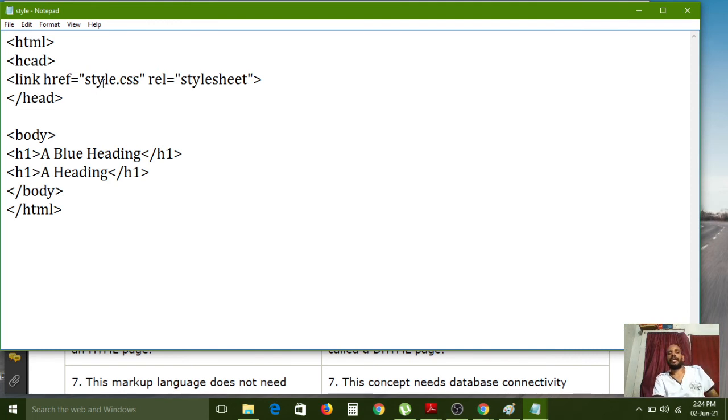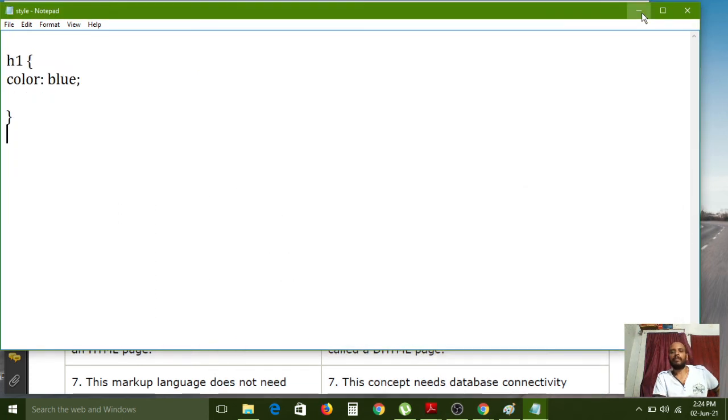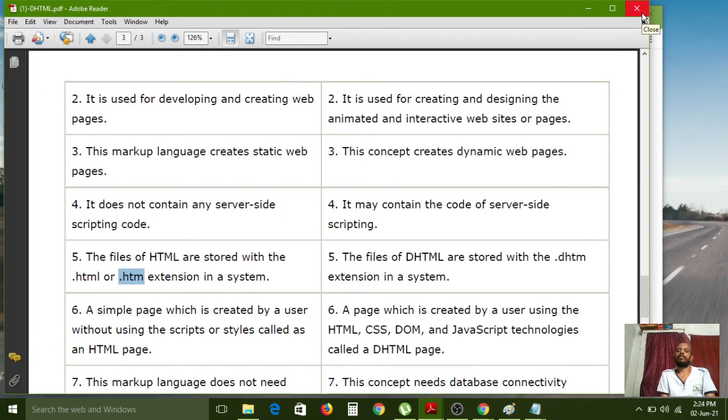By using the style.css file, I define the property a single time, and it can be reused for every h1 tag. So to achieve code reusability, I separate the code from the main document into another document and store it with the .css extension.